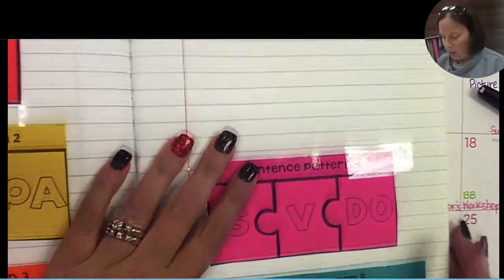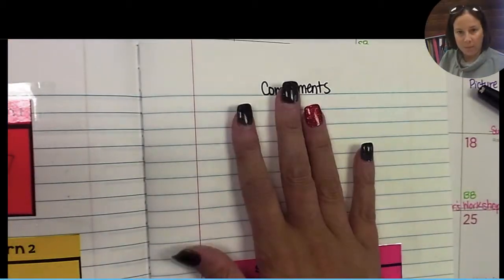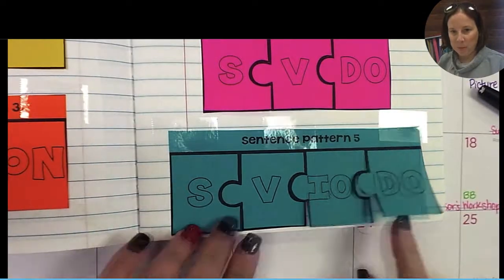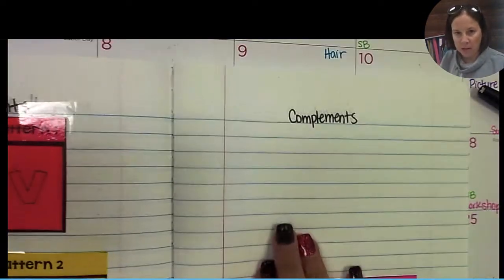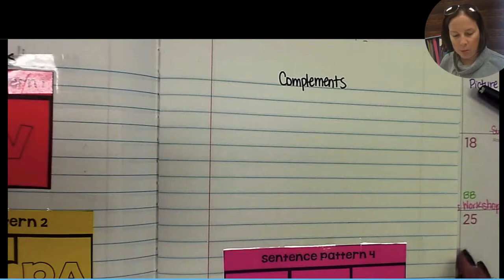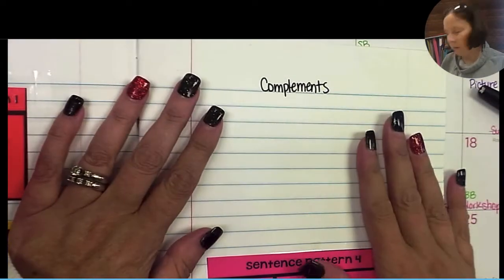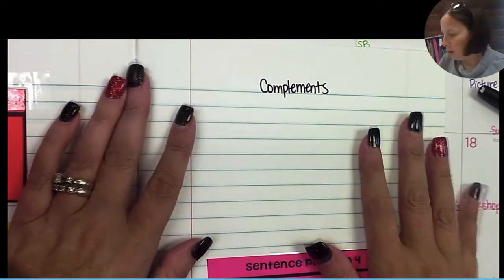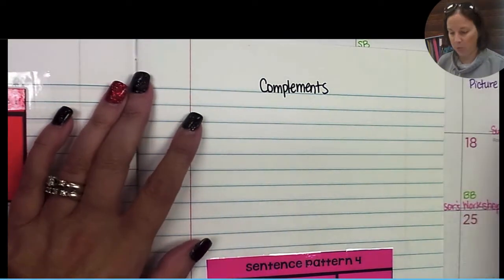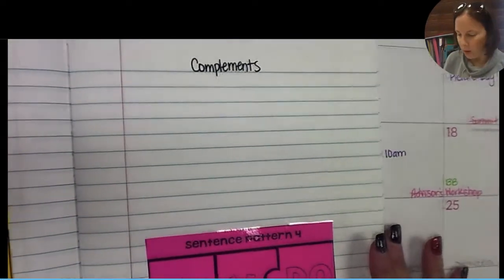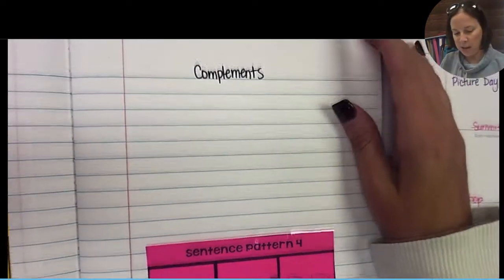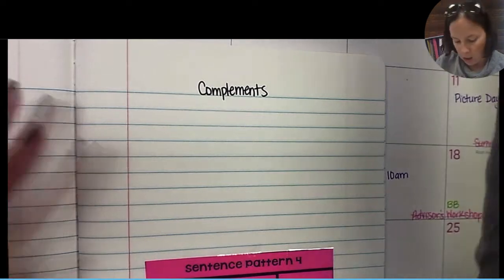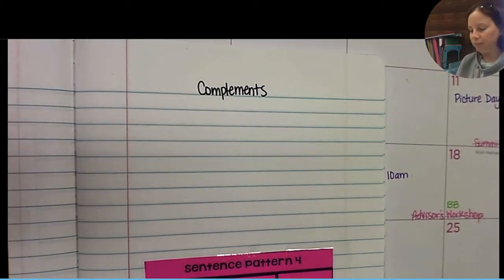Okay, guys, so on this page, if you look, I went down as low as I possibly could. I want as much space here as possible. I am going to warn you, in the past, I have ran out of space here. So I've got definitions on Post-it notes. So you might want to have a Post-it note ready to go with those notes. Okay, so first we're going to do definitions, and then we're going to use these skills. So first thing we are going to look at is